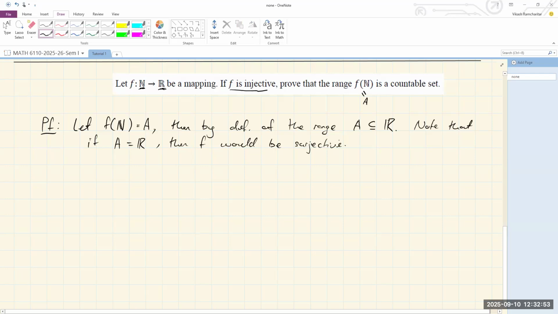Okay, then the function would be surjective. But we already know that the function is given to be injective. So therefore, it will be bijective. And hence, f will be a bijection